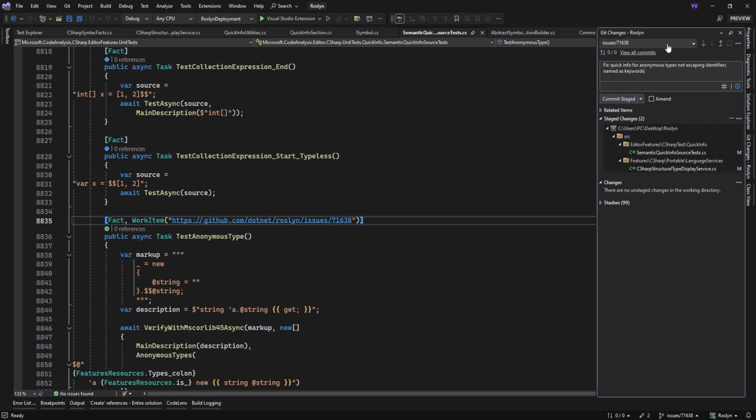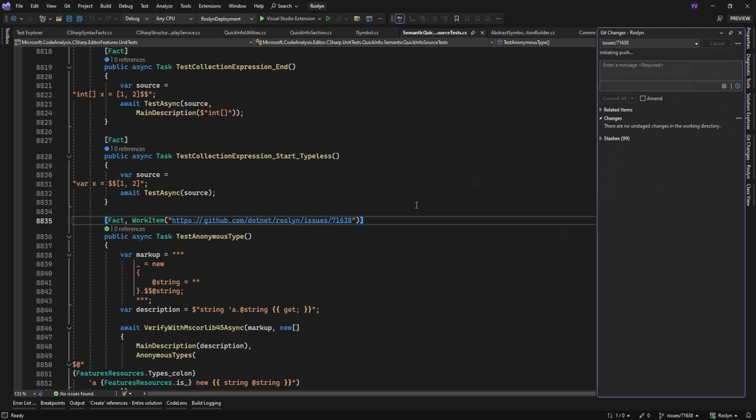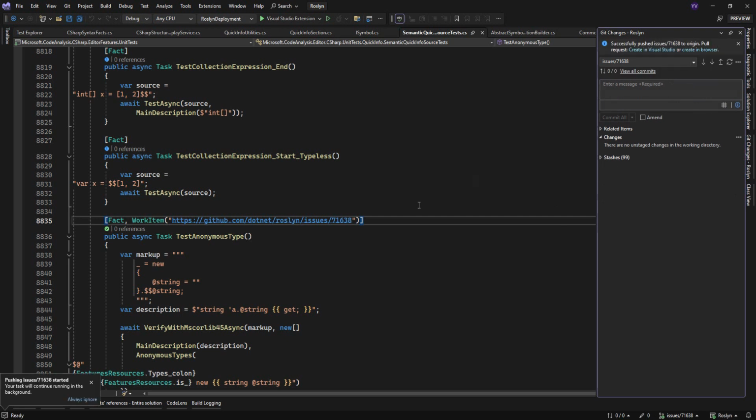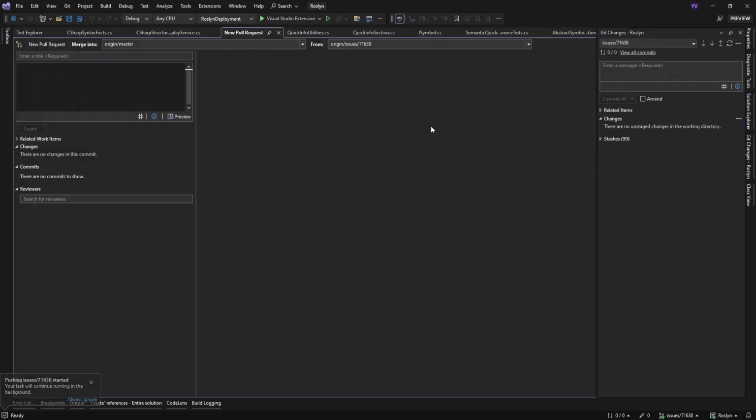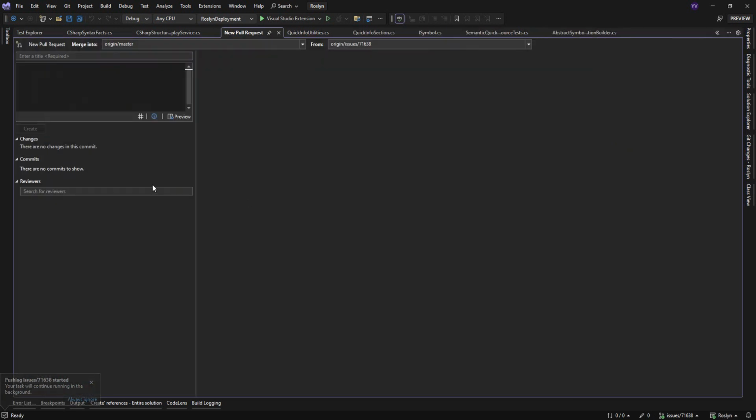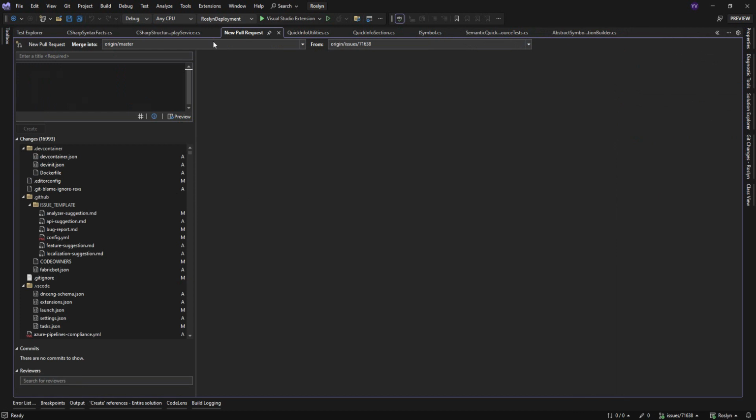Let's make the commit message as clear as possible, and let's commit and push, and I will open a PR with this fix, and this should be it for this